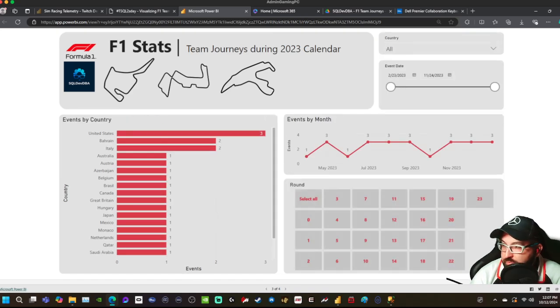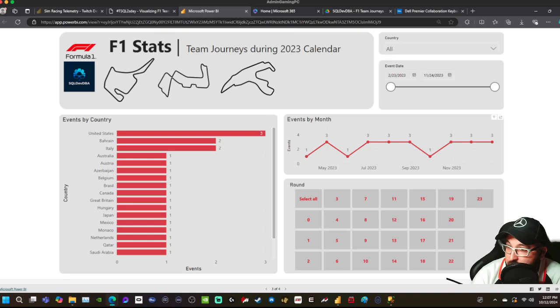And let's see, more events by country and then some events by month. This was a little bit more interesting because you can see how many months are just packed together as far as events goes versus how many are just one event. For example, like September of last year, there was only one event, and if I click on that,